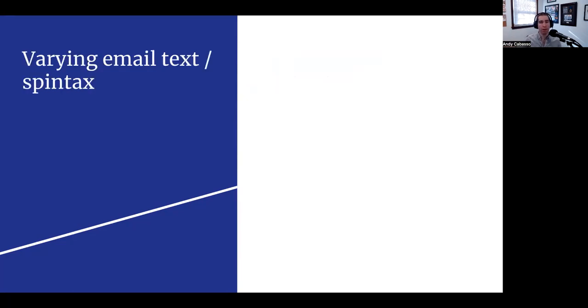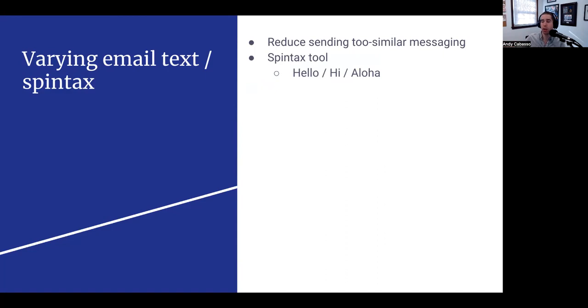Next thing is varying up your email text. If you're sending out a lot of cold emails, you can use something called spin tax, where the aim is to reduce the similarity of the emails in your campaign. There's a spin tax tool built into Postaga. In your email template, you can rotate between different phrases.